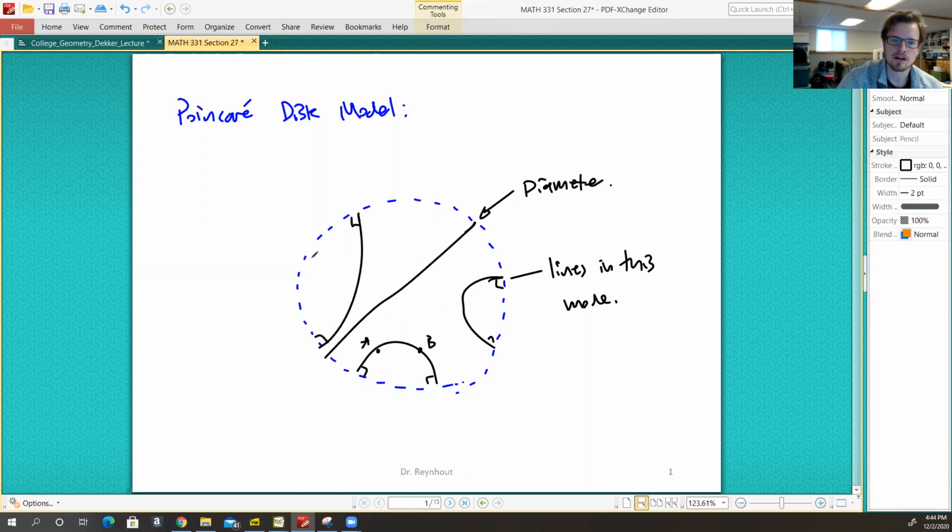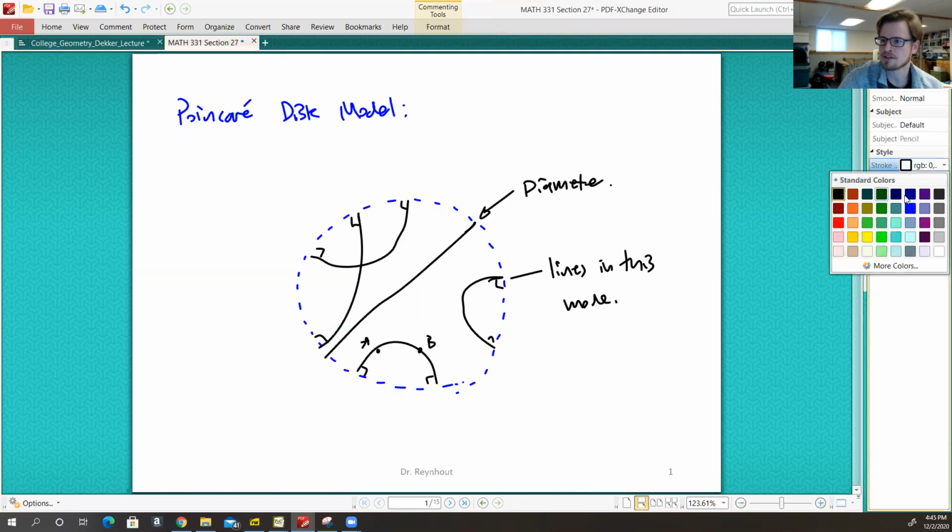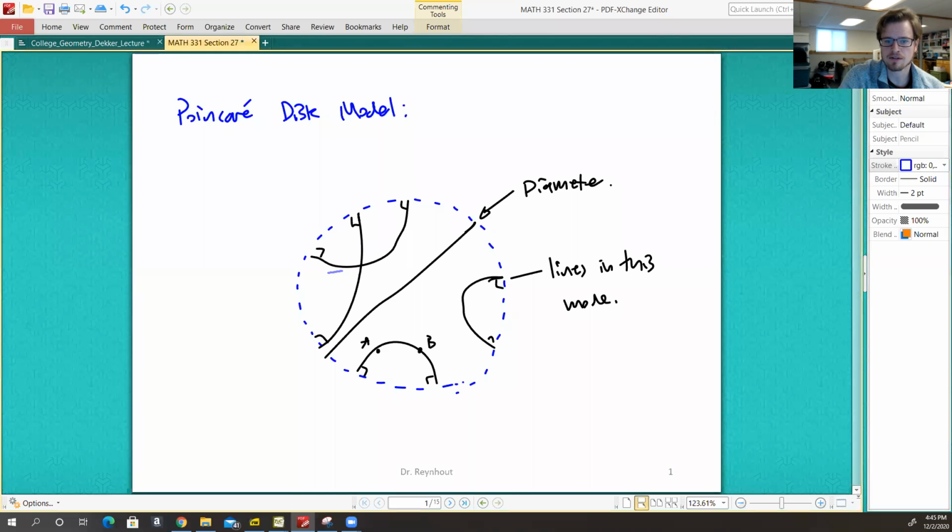And then if I wanted to talk about how lines intersect, and I wanted to talk about their angles, since this is conformal, it does preserve the angle measures. I would look at the tangent, and I would look at the tangent, and then this angle measure is actually the angle at which those 2 lines intersect. Okay, so that's the Poincaré disk model for